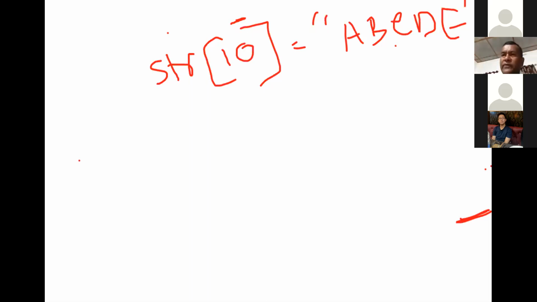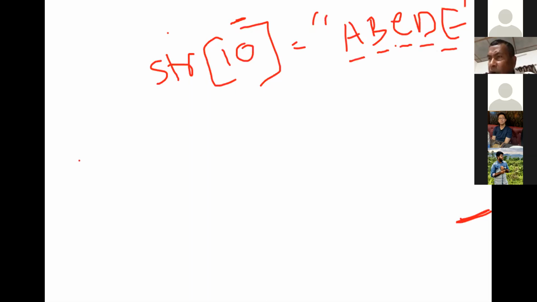If I use one for loop, I just have to check one after another, till it becomes no character. In this array, I check how many characters there are. That is the strlen. I check one after another, and finally where I reach, there is no character. How can the program know that there is no more character further? Null character. So with the help of null character, you can find the length of a string.